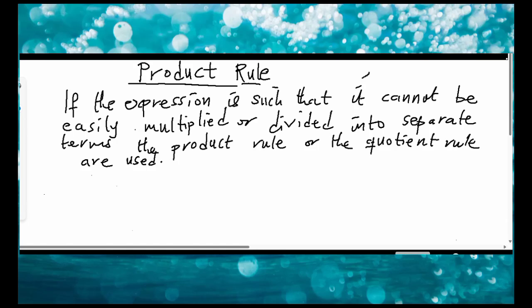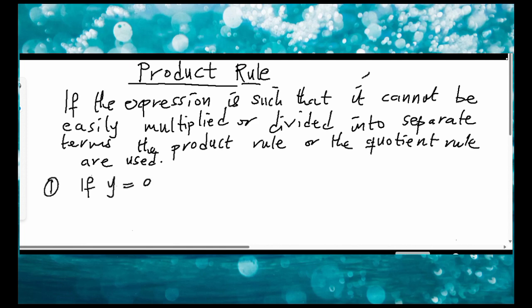Differentiation of a product. Product rule. In differentiation, if the expression is such that it cannot be easily multiplied or divided into separate terms, the product rule or the quotient rule are used. To talk about the product rule, we want to look at two scenarios, and one of them is if y